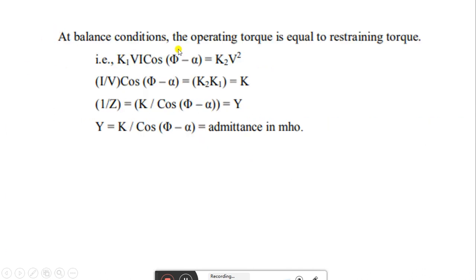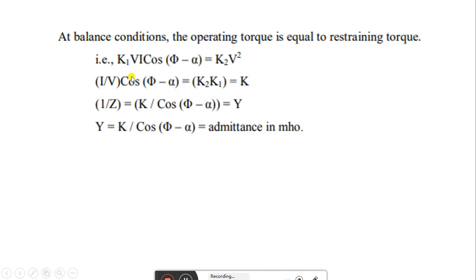At balance conditions, the operating torque is equal to the restraining torque. So we can write, by neglecting the spring torque, K3 equals 0. In that condition we can write here K1 VI cos(phi minus alpha) equals K2 V square, or we can write here I by V cos(phi minus alpha) equals K2 by K1. This whole quantity can be written in terms of a single constant K,